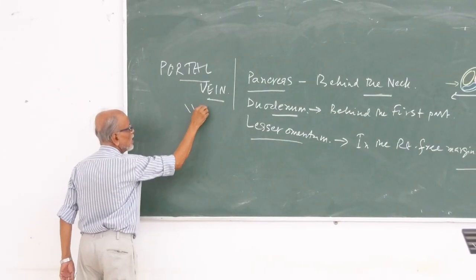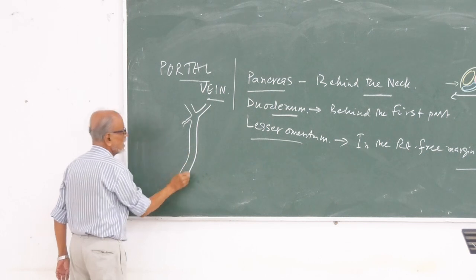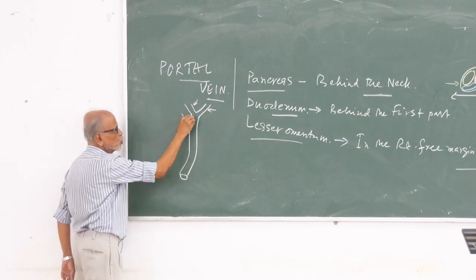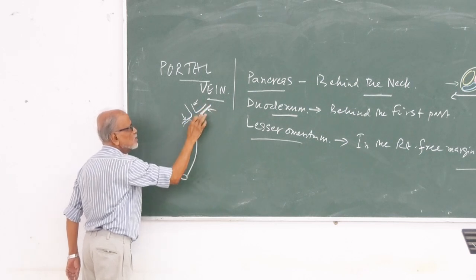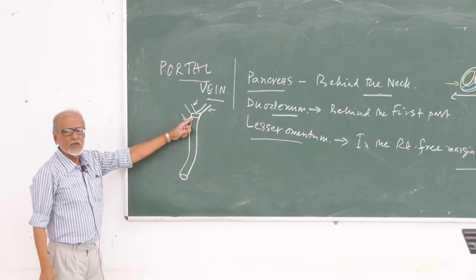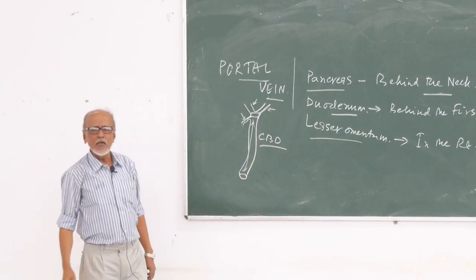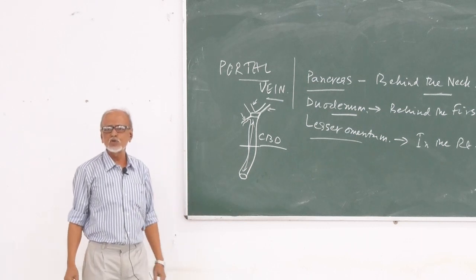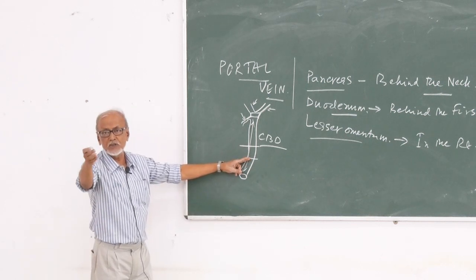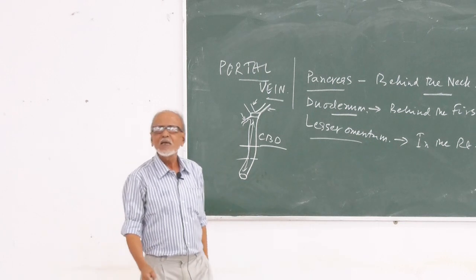বাইল ডাক্ট একটা এরকম স্ট্রাকচার। এটা সিস্টিক ডাক্ট, এটা রাইট হেপাটিক ডাক্ট, এটা লেফট হেপাটিক ডাক্ট। এই যে ছোট্ট অংশটা, এটা কমন হেপাটিক ডাক্ট, ঠিক আছে? এটা সিস্টিক ডাক্ট, এটা কমন বাইল ডাক্ট, সিবিডি। এই সেগমেন্টটা ডুওডিনামের উপরে আছে, সুপ্রা ডুওডিনাল। এই সেগমেন্টটা ডুওডিনামের পেছনে আছে, রেট্রো ডুওডিনাল। এই সেগমেন্টটা হেড অফ প্যাঙ্ক্রিয়াসের পেছনে, ডুওডিনামের নিচে, ইনফ্রা ডুওডিনাল।